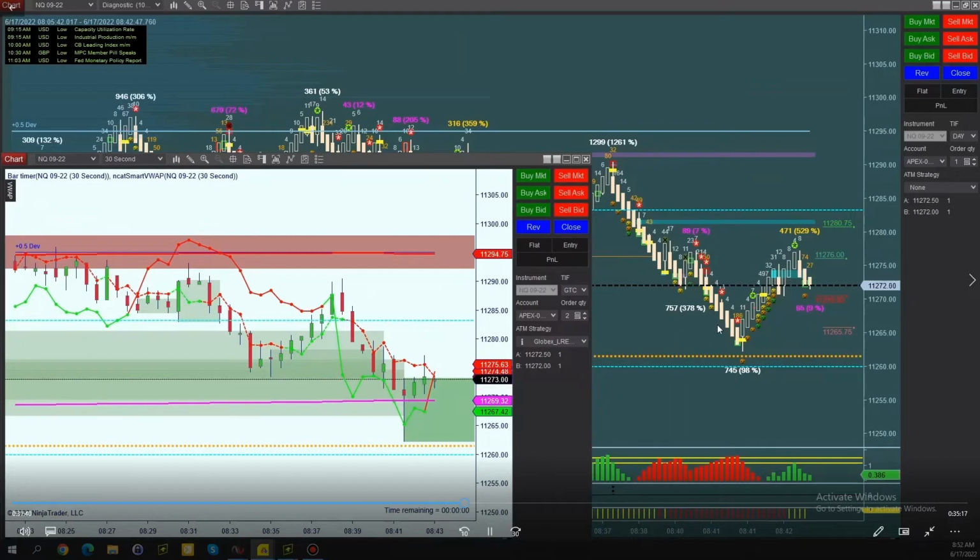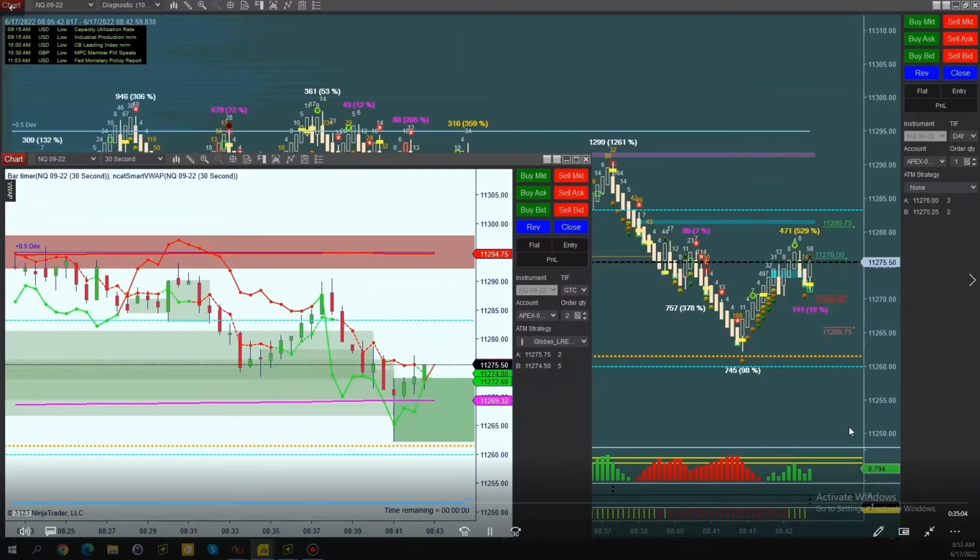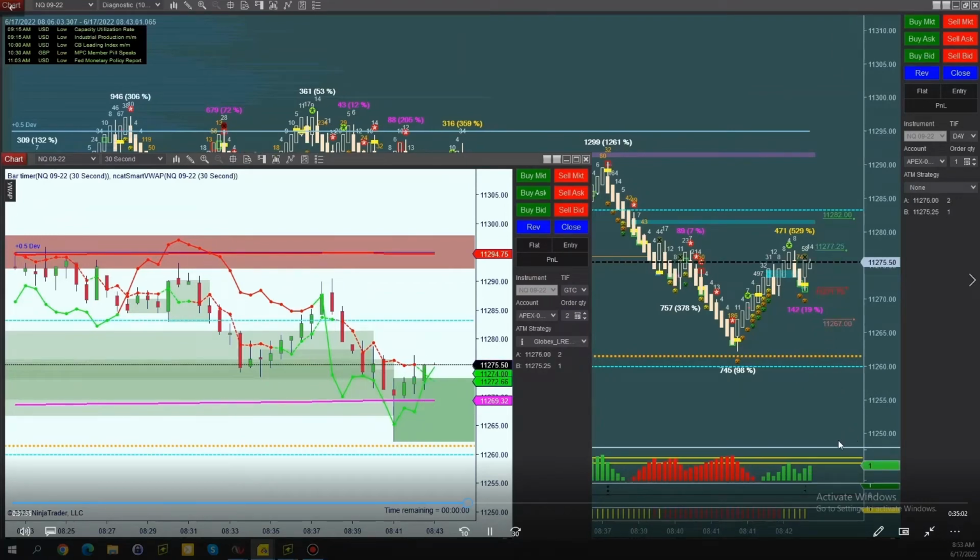So I'd want a short to go below this dynamic magnet and wall because, if I get a short in this area, what if it shorts, hits that, and goes back up? So if I get a short, I want it to come down below, even further down, and then pull back up.